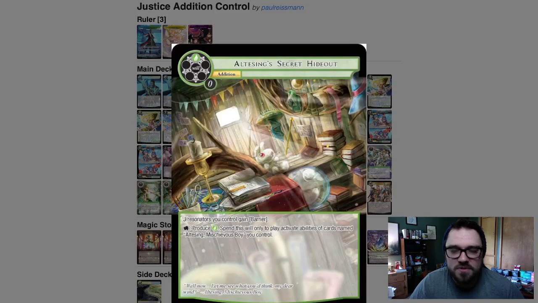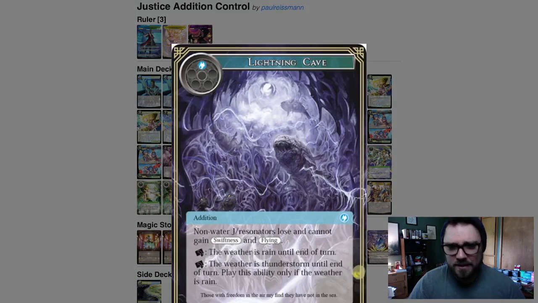Altising's Secret Hideout, super awesome card. Gives your field barrier, so even if your Justice is rested, Secret Hideout is able to give it barrier and to protect it a little bit. Lightning Cave. This is one of my favorite cards in the deck because it shuts down everything except for Justice,